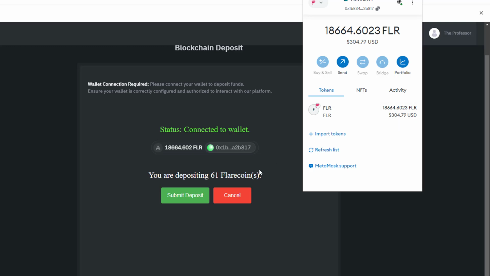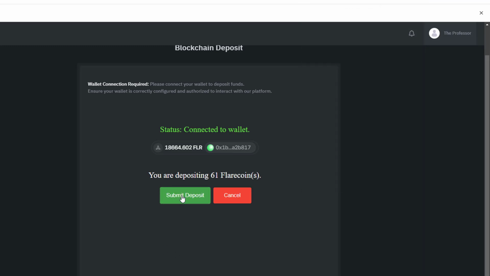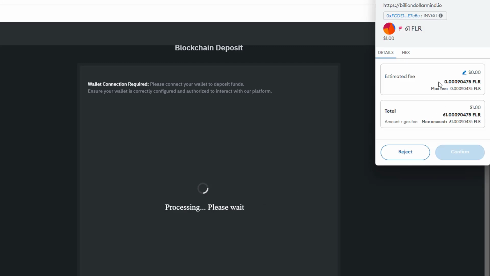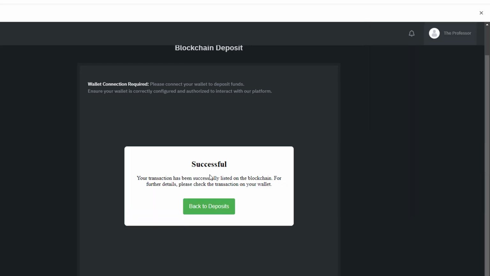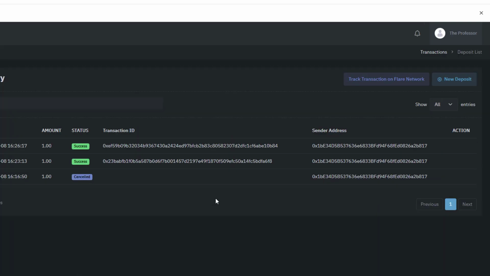It is also showing portions of my wallet address. So I can go up here and see, yeah, that's portions of my wallet address. That's right. So now I'm going to click on submit deposit. Left click. It's going to bring back up my MetaMask. I need to confirm. And if you're doing this on the phone, you might have to scroll down a little bit. So some people maybe didn't see the confirm part. So I'm going to click confirm. And that deposit was successful. So I could go back to my deposits and I can see that that was successful.